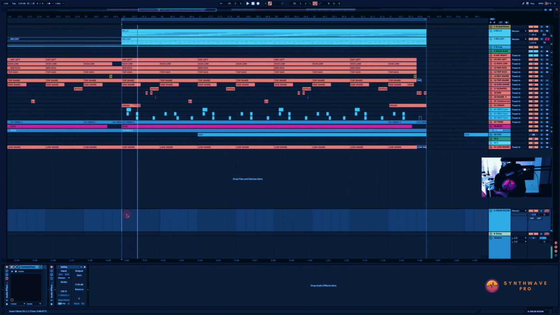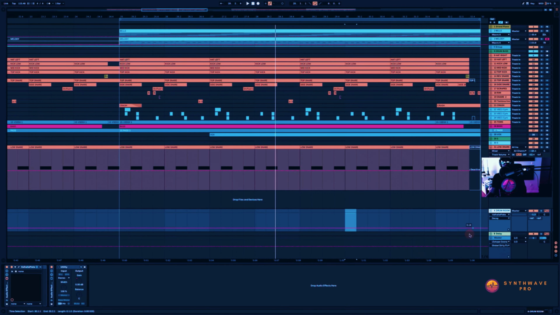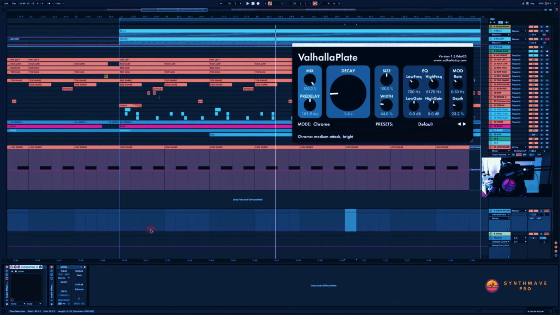Alright, so a funky synthwave song here, but I want to draw your attention to the return channel here, and this is where I have a Valhalla plate instantiated. As you can see, the mix is set to 100%, obviously. The decay time is set to 1.4 seconds, and the pre-delay is set to 101.9 milliseconds. This is just to allow a gap between the dry hit and the reverb signal. We want a little bit of a gap so that when the snare hits, we don't overlap with the reverb